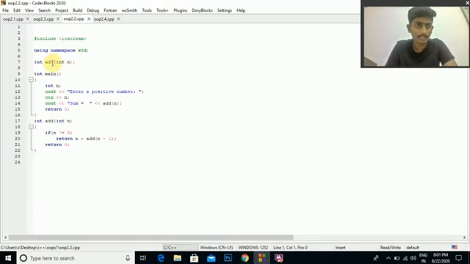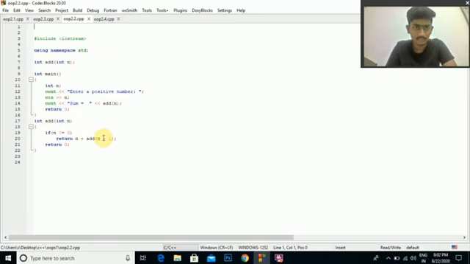Here is my code. Here I am declaring a function called add. I am passing an argument integer n. In my main function, I am taking n as input from the user, and it will call the function add of n. When it calls the function, it will go to the function definition. I will check if n is not equal to 0. For example, if I give 5, 5 is not equal to 0, it will do 5 plus